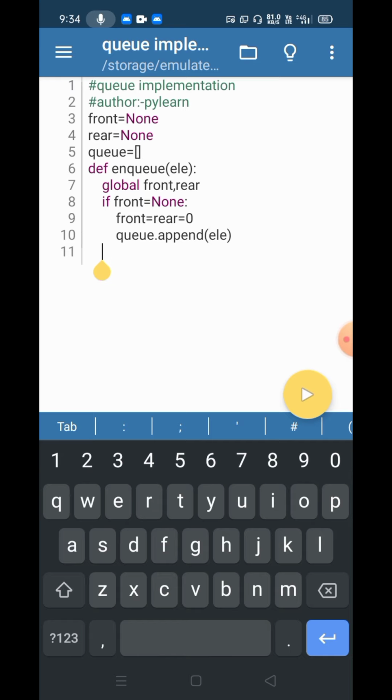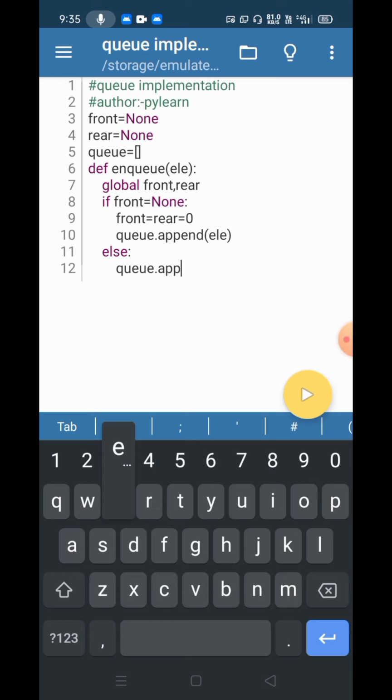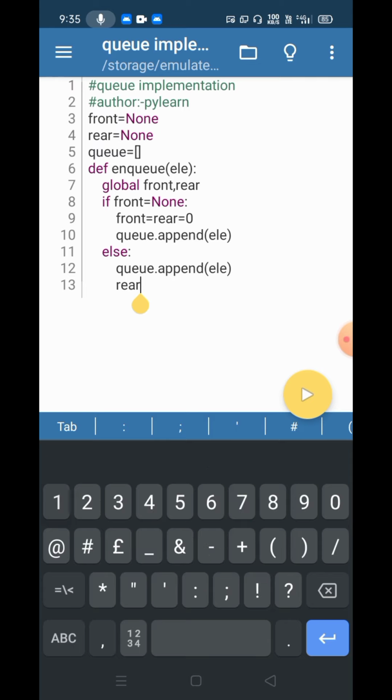And else, if front is not equal to None, meaning there is an element, there is nothing we should change for the front, but we can simply increment the rear and add an element. So let me add the element to the queue, queue.append of element, and simply increment the rear, rear plus equals 1.